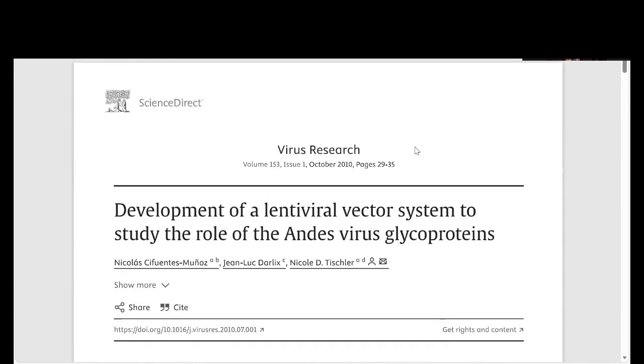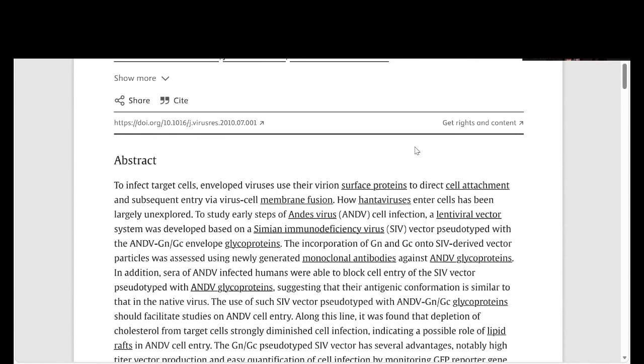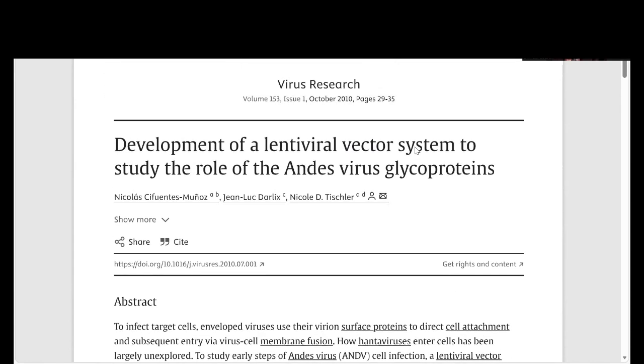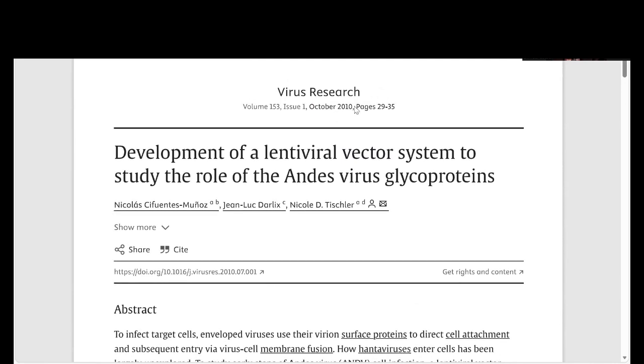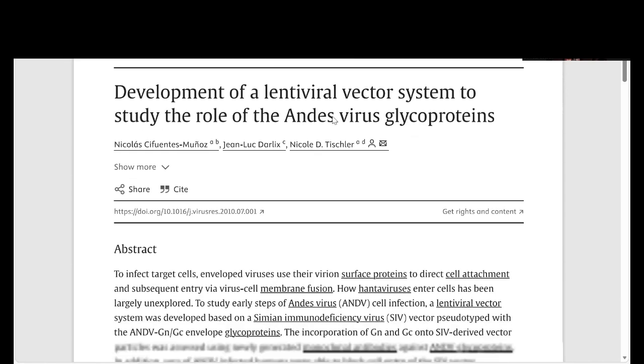So this gives you a little bit of a take of what's going on with the Andes and what was happening in 2010. That they made a pseudo vector using SIV. And that with the technology we have today and the knowledge base that's out there in the world, you can make a weapon out of this. I'm not saying it happened, but it can be done. With that,